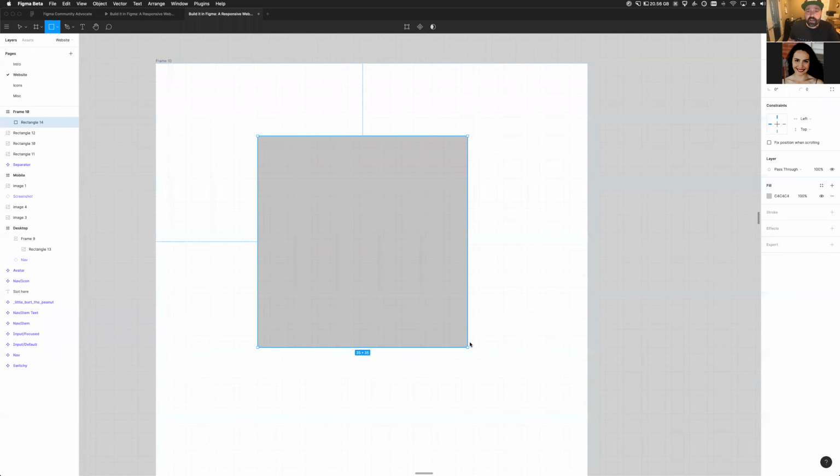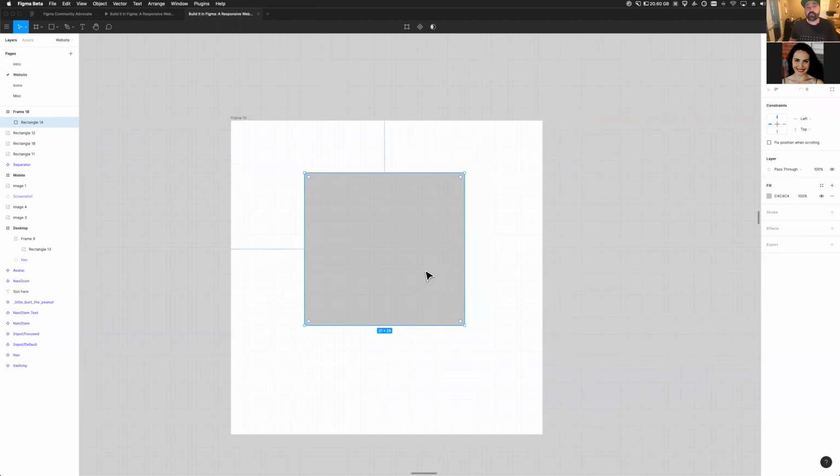Now, when I started designing icons, what I realized was if I did them in increments of 10, and then I wanted to size that icon to half size, what would end up happening is I would be on a half pixel. And I don't want to be on a half pixel. That's when things get blurry. Now, of course, you can always use the snapping to be able to snap here and there. But I just got in the practice of doing always in increments of 8, because no matter how small you get,